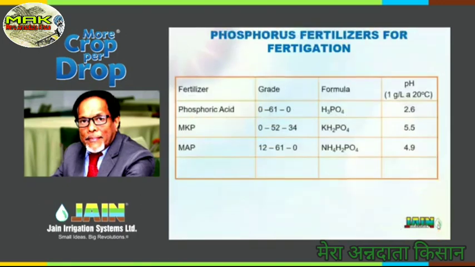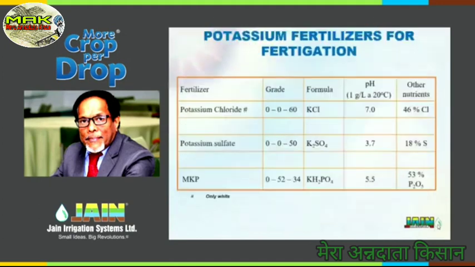They're acidic pHs. Now we have phosphoric acid, 2.6, one of the very good fertilizers. It also cleans when applied, instead of acid injection into the drip system for declogging. If you are using phosphoric acid for fertigation, it becomes 2 in 1. The other MKP and MAP, as I was saying. Then you have potash fertilizers, potassium chloride, 46%, and it has a pH of 7. The best are potassium nitrate and potassium sulfate. Potassium nitrate has a lower pH, 3.7, and MKP is 5.5.